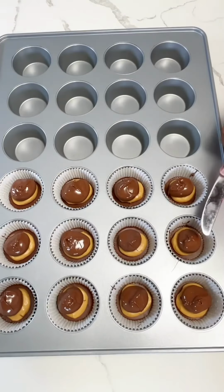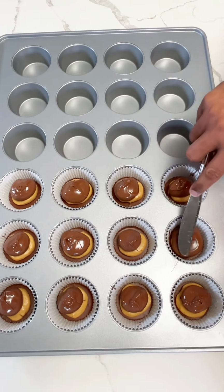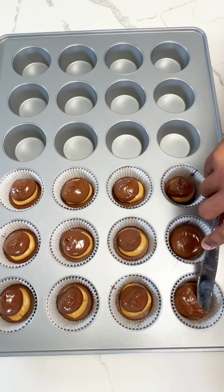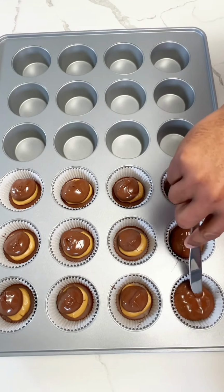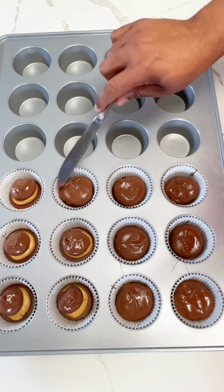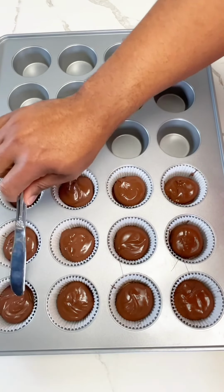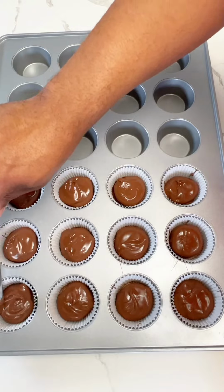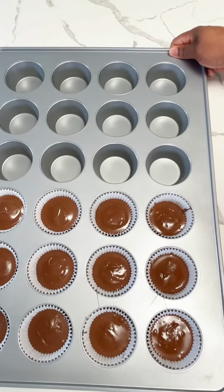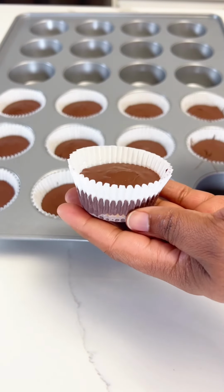Now that I've got all the peanut butter placed in the center, I'm now going to top it all off with the rest of the milk chocolate. Now what you saw me do before to even out all of the chocolate was to move it around in circles or to tap it on the table. Now I'm not going to do that, at least not initially. Instead, I'm starting off by using a knife to even out all of the chocolate. I need to make sure that the peanut butter gets covered in chocolate on all sides before I start to move the pan around in circles to make sure that it's all spread evenly. I'm then going to refrigerate it until it becomes hardened,